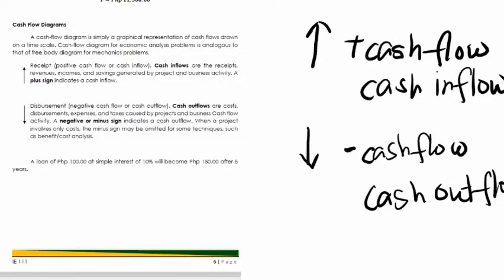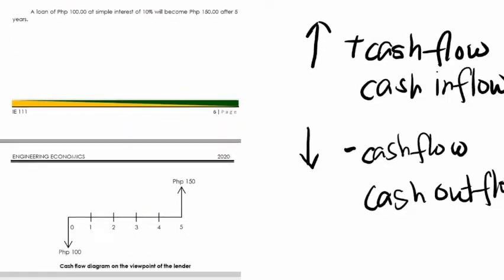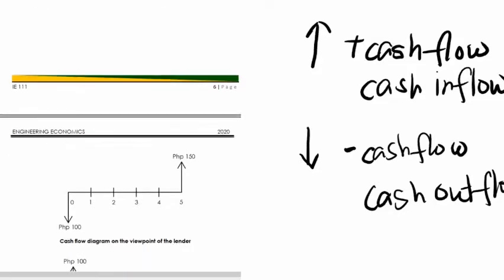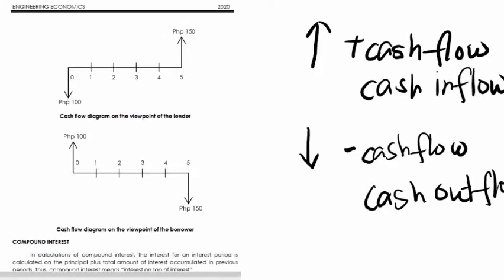Okay? So example is a loan of 100 pesos at simple interest of 10% will become 150 pesos after 5 years. So what is cash outflow and what is cash inflow here? So this is the diagram. This diagram is cash flow diagram on the viewpoint of the lender. So tayo nagpautang dito iti cash flow diagram na tayo nagpautang. So apay nga kasto iti nagbalinan na. So as you can see here,